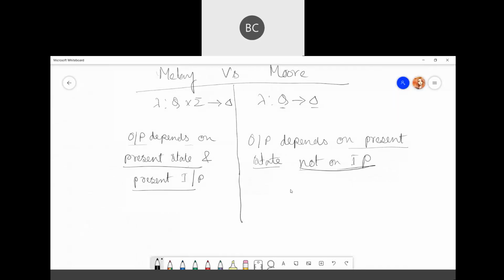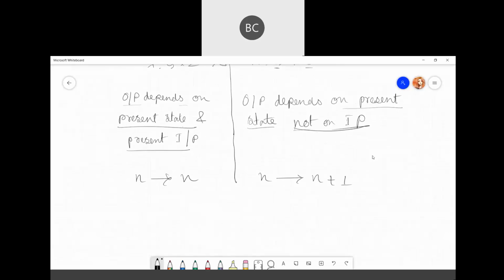Okay, and another difference is what? Here for input n, output will be n plus 1, and here for input n, output is also n. Okay, so difference is clear, and if we need to show it diagrammatically, we can represent it